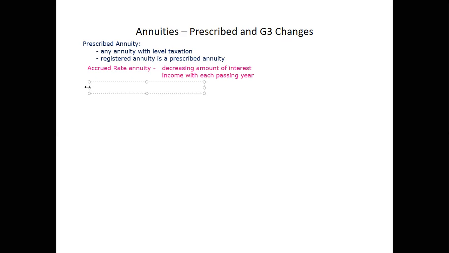So even though in common language we say prescribed annuities, the proper distinction here is between an accrual annuity, where every subsequent annuity payment is a decreasing amount of interest income with each passing year, versus a proportional taxation annuity. Sorry, I apologize. The proportional taxation annuity levels out the tax bill